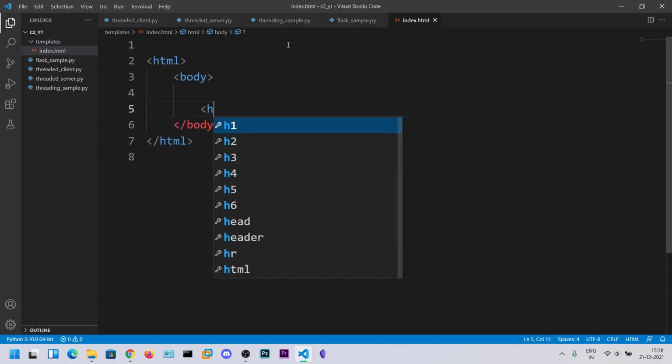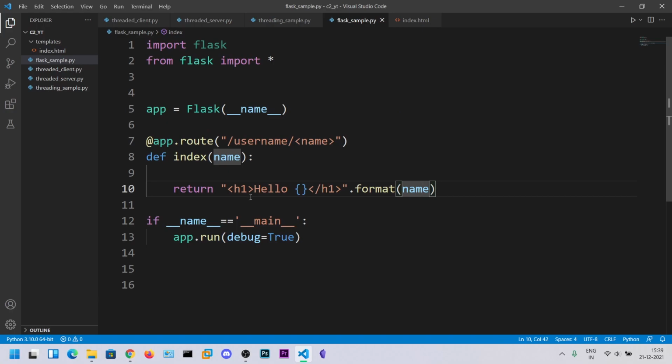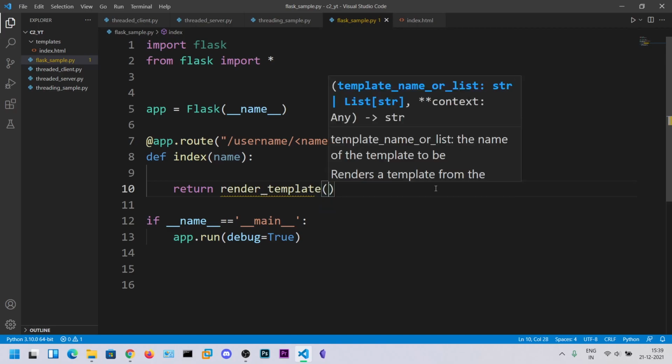Let's say some h1 tag, hello world, or we can just say welcome to my website. Okay, this should do it. Now we can say return render_template. render_template is the function.